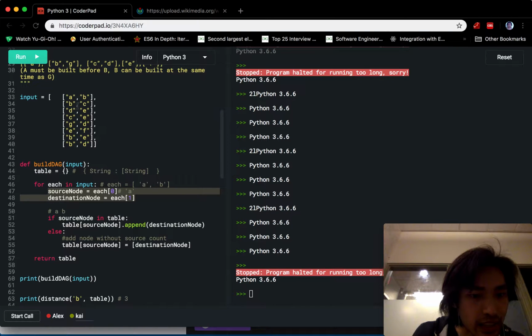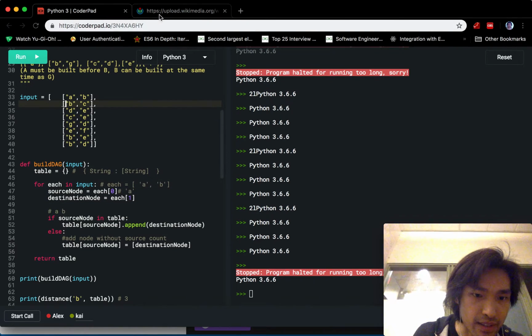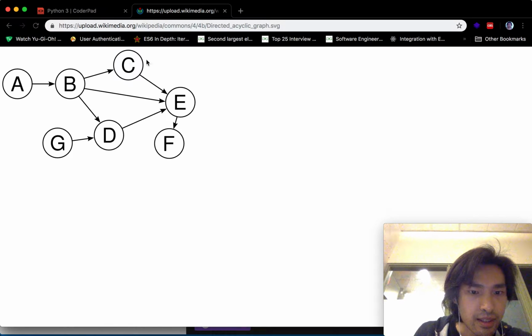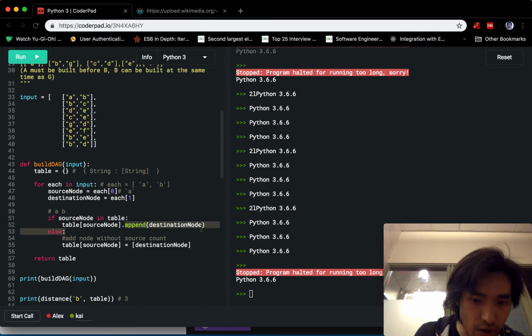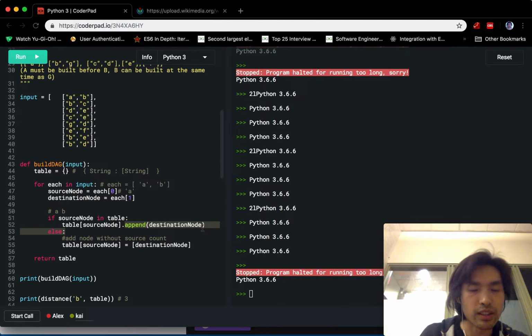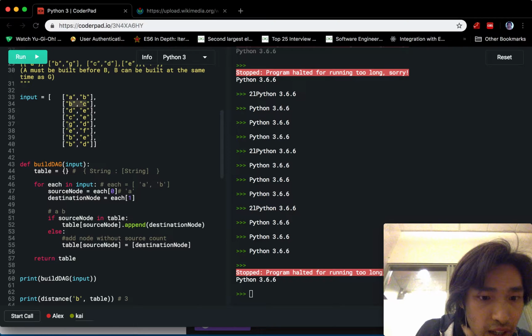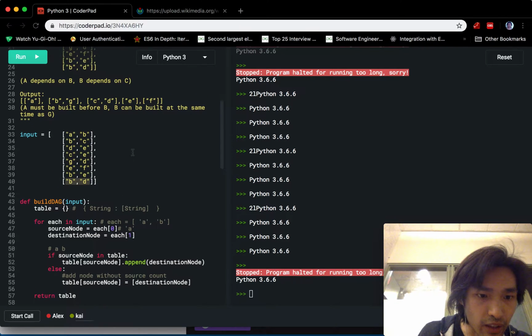But in the case of B, B actually has C, E, and D, right? So actually the destination is an array. So we want to keep track of the destination nodes that belong to that source node. So you can see B is our source node. Here you can see B, C, B, E, and B, D. So if we look at our output,